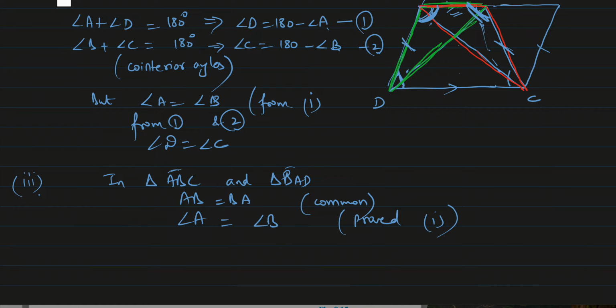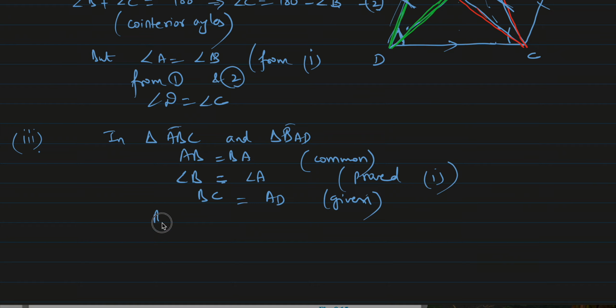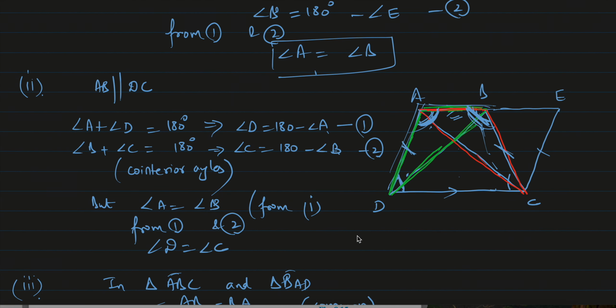And then we have this AD equals BC. So it will be here BC equals AD over here. This is given, and angles also I'll write in that sequence, because in ABC will come angle B and in BAD will come angle A. Okay students, because here if you see, ABC will have angle B and BAD will have angle A. So by which congruency rule? By side angle side. Side angle side, triangle ABC is congruent to triangle BAD,